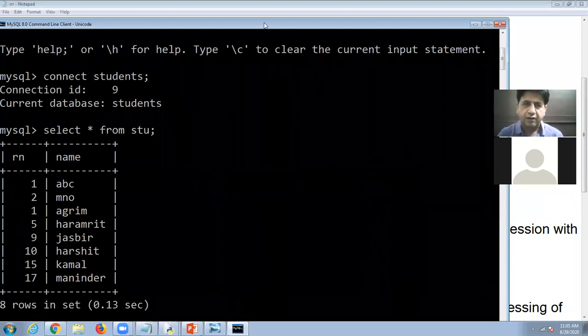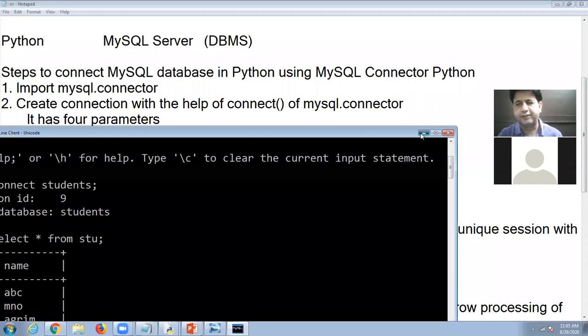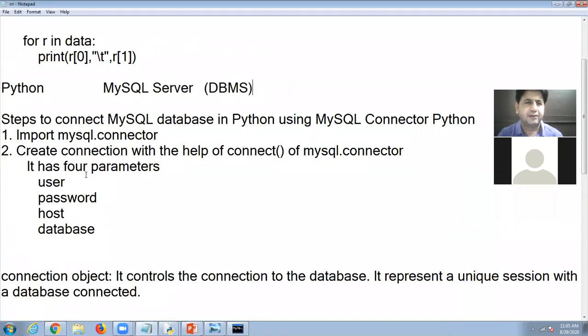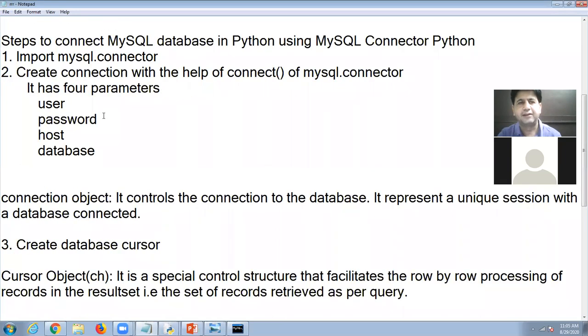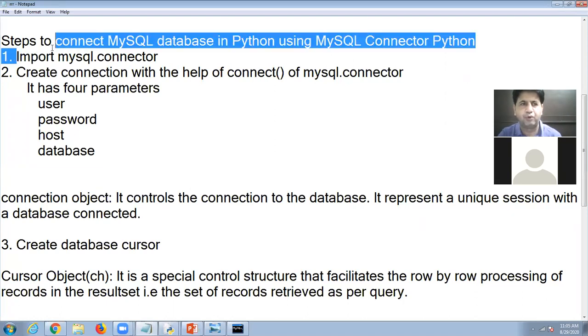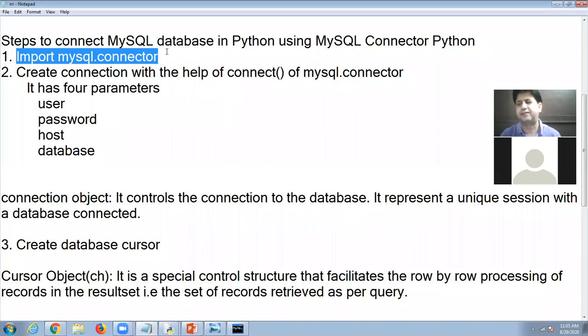So now, how can we do this? Remember one thing, for connecting MySQL with Python, there are some steps. Step number one, we will have to import MySQL connector. That is important.